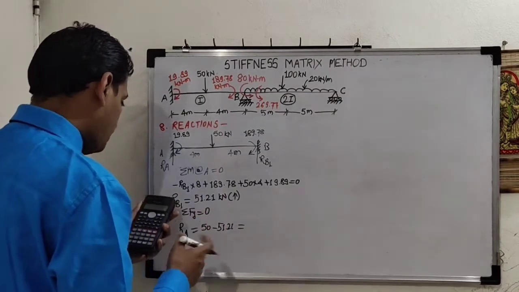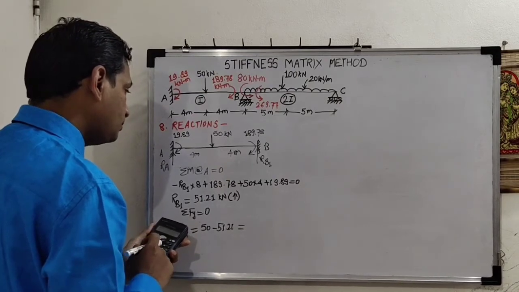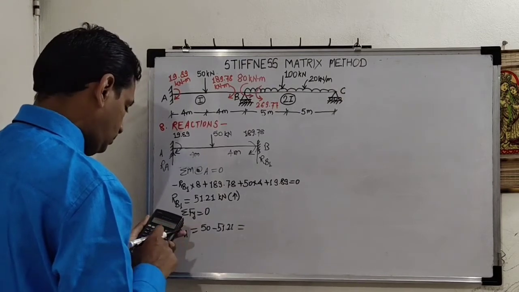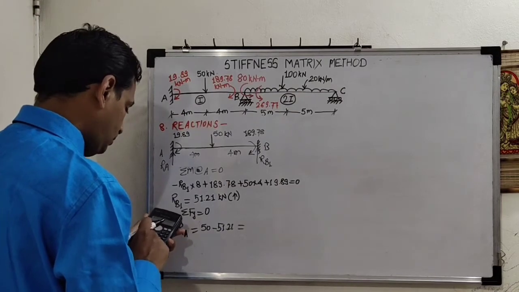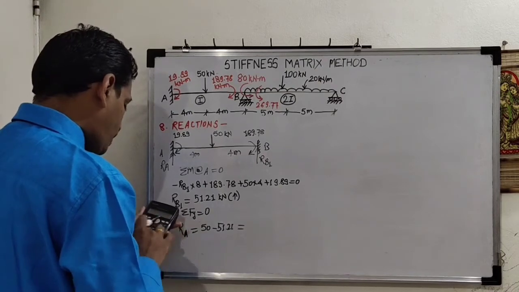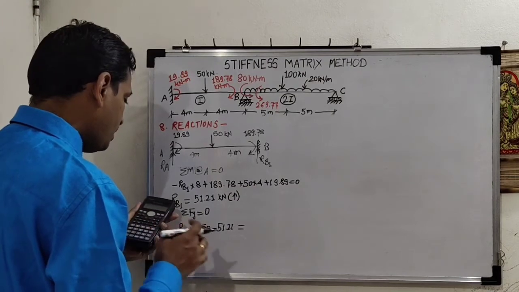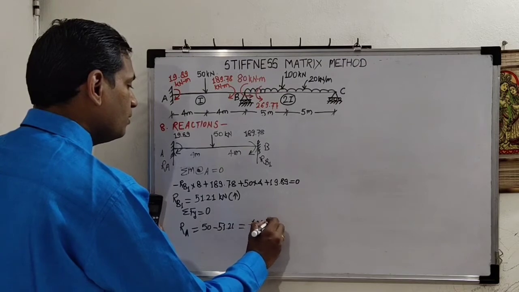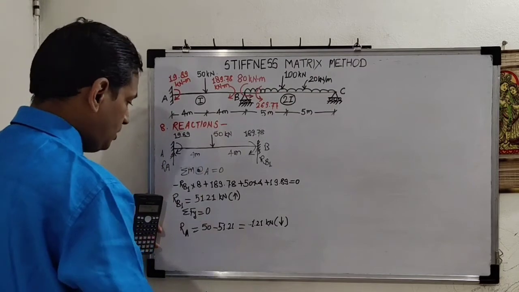Still it is negative, so 50 minus 51.21 is minus 1.21. It means this reaction is downward. Okay, this reaction is downward. Then